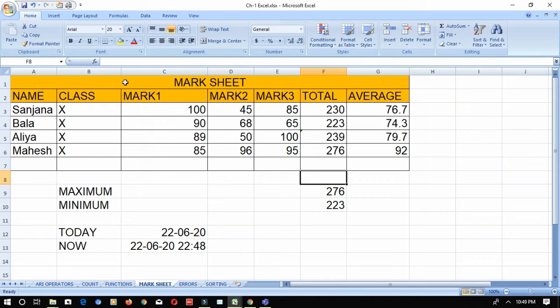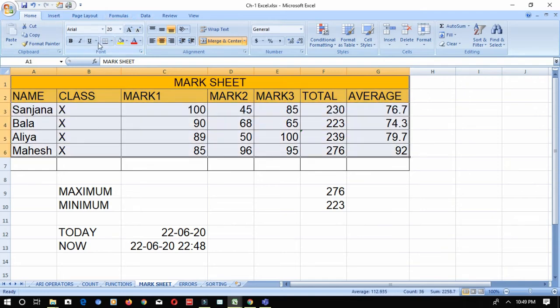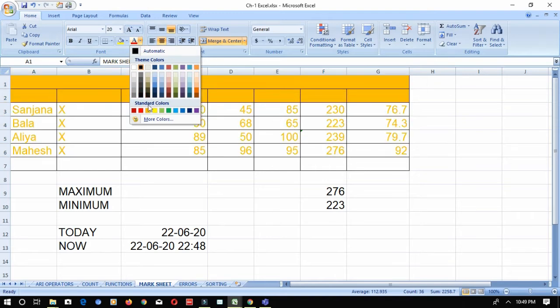First we will see how to change the font formatting in Excel. For example, I am changing the font for this particular data. What can I do? I have to go to the font group. So I can change the font face, this is font size, and this is increase size and decrease size. This is font styles, bold, italic, underline. This is the border, this is the highlight color, and this is the text color, font color. So if you want to change the font color to some other color, that is also possible here.